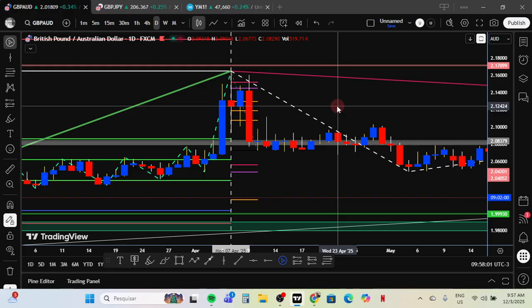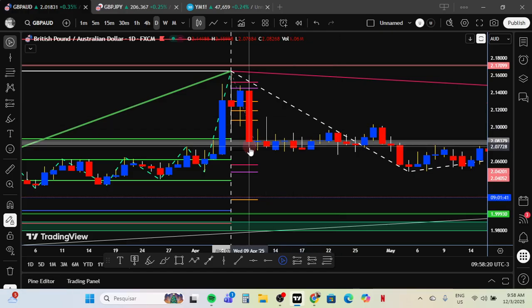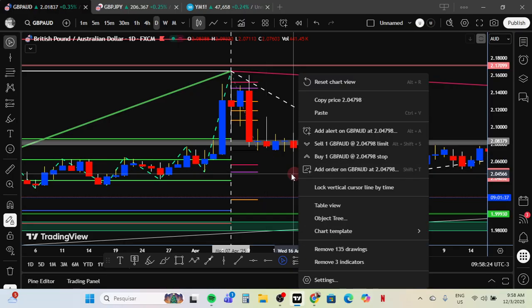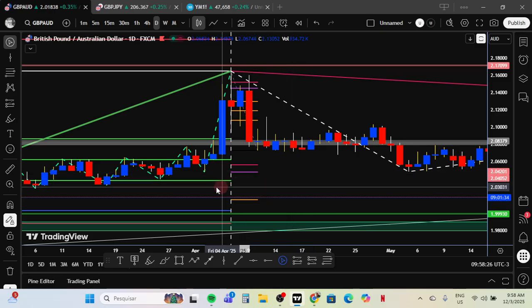It's going to print 5 for week one, 5 for week two, 5 for week three. That's 15. And 5 on the 4th week, that makes it the last week of the month. That's 20 candles. All right, 20 candles. So the market is going to print 20 candles on the daily time frame for the month of